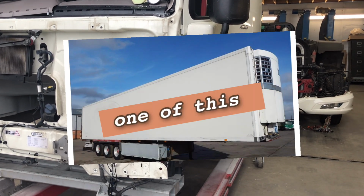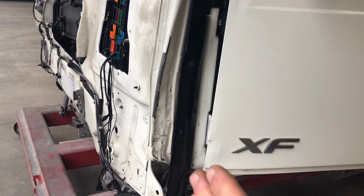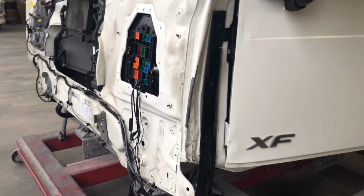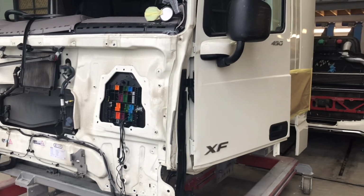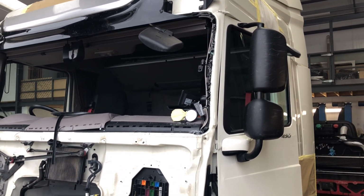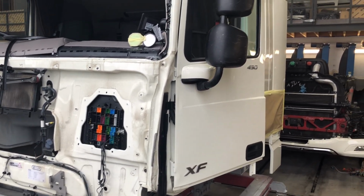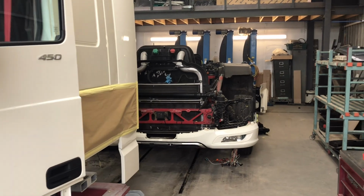Someone backed into it from the side, which crushed all this post. All this post is crushed in, so I will just go ahead and strip it all inside and start replacing this post when Jason is stripping the chassis,